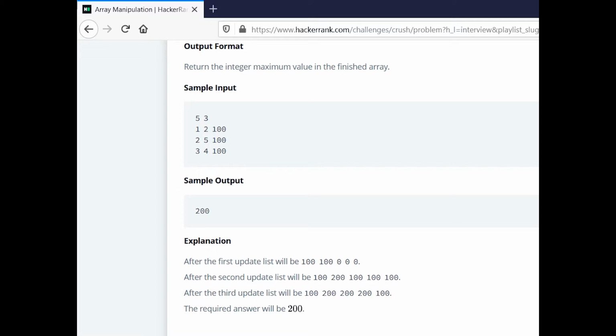The thing is, I would be using the prefix sum algorithm over here. Everything is based upon that algorithm, so I have to create some conditions. So let's get to the situation first. We have 5 3. The size of the array is 5. We have three queries, each with a, b and k. So 5 3, 1 2 100. Let's write this down over here.